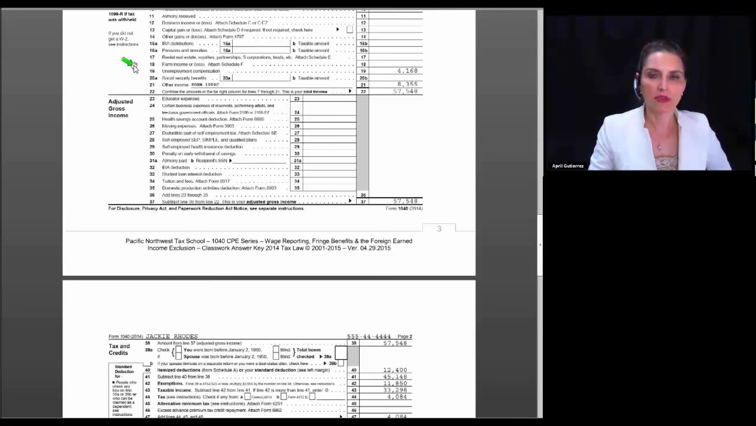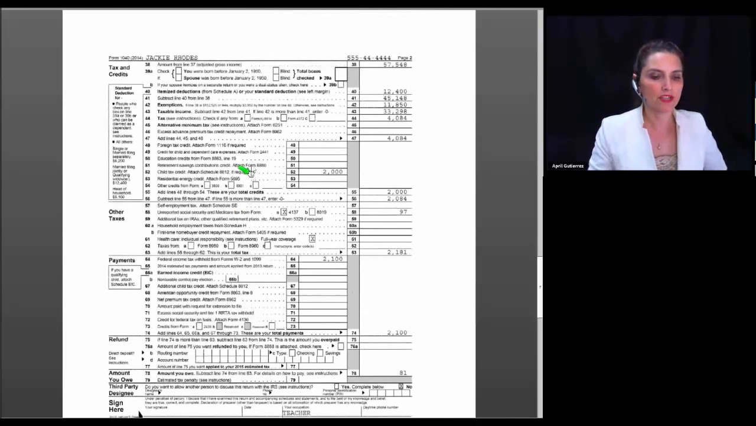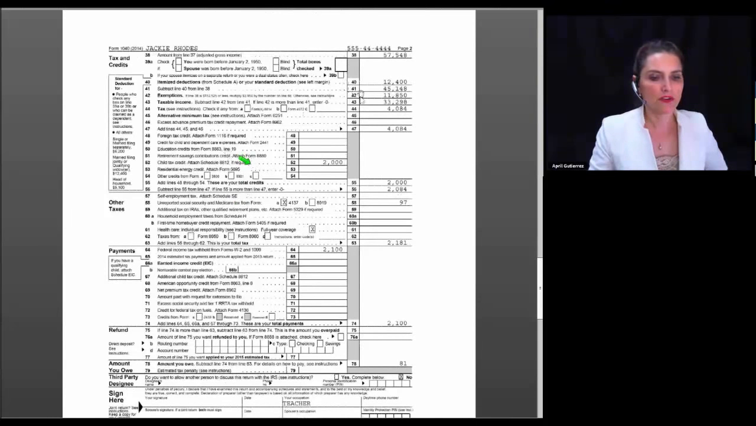On line 19, we enter the unemployment compensation she received. On line 21, we enter the amount of canceled debt. Next to that, we entered Form 1099-C. You could also just type in canceled debt. Either is correct. On page 2 of the Form 1040, we're figuring her tax using the tax tables after we